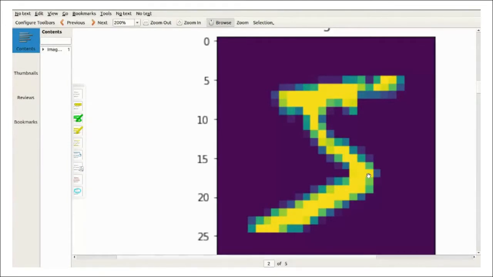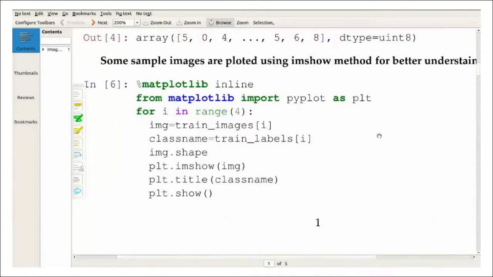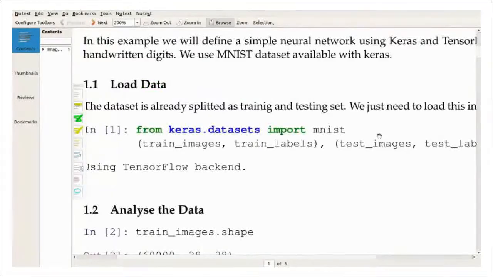So each handwritten image needs to be mapped to some class. We have 10 classes, and each image belongs to one of these classes. So it is a 10-class classification problem. Our output requires a class label with 10 possible values, 0, 1, 2, 3 up to 9. So we are treating this as a 10-class classification problem.